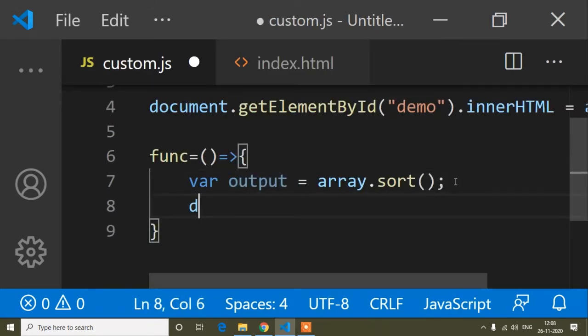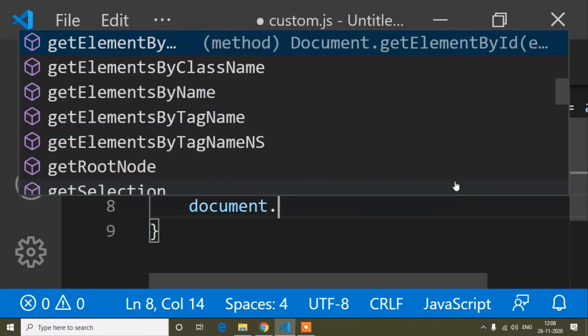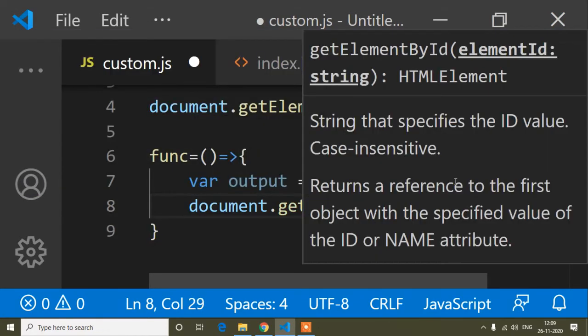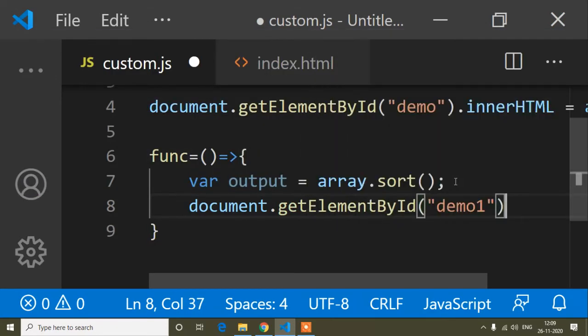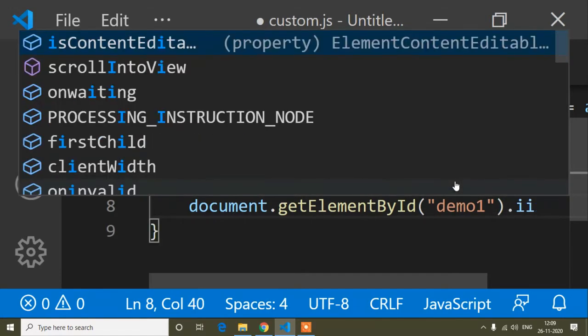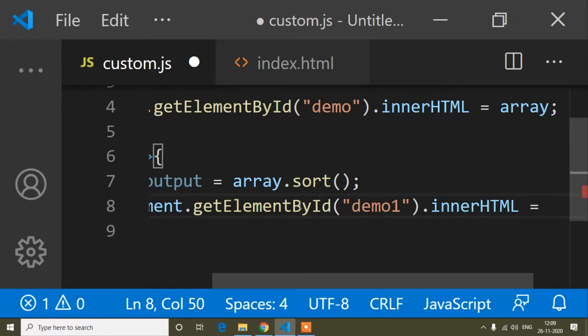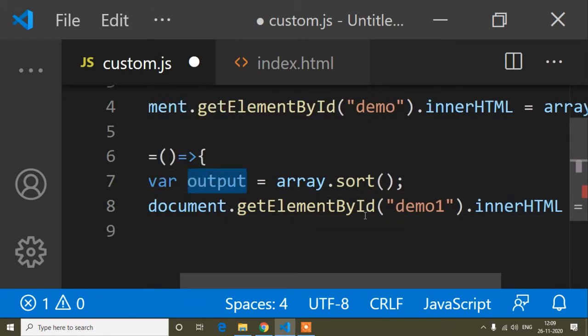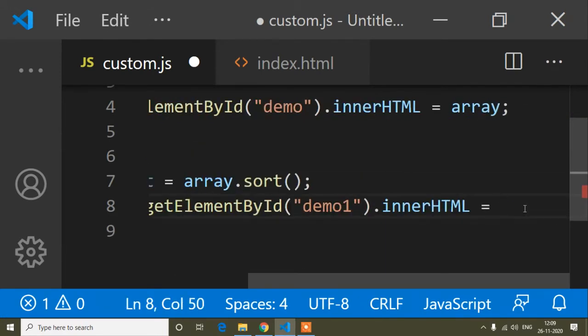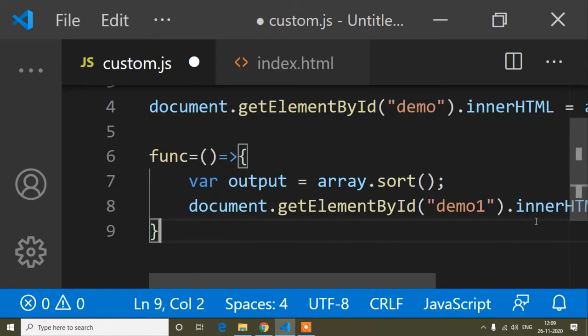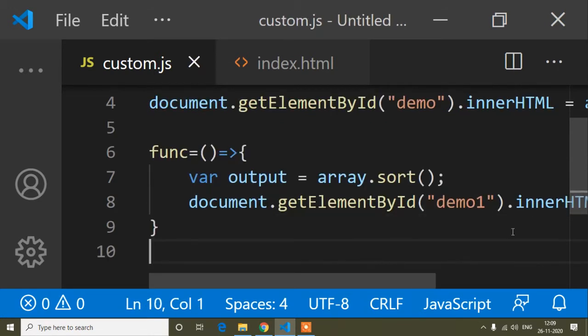So document.getElementById, and the id is demo1, dot innerHTML, and inside this innerHTML I will put this variable output. Now save. Here is the button, and if I click this button, you can see the result after using the sort method. The output is A, B, C, D.